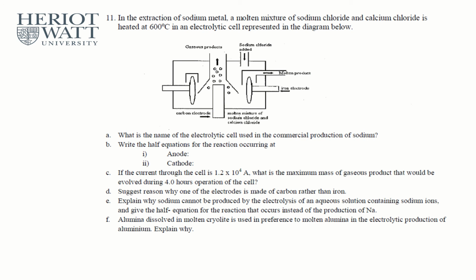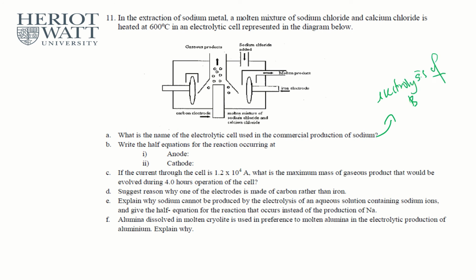Okay, 11. In the extraction of sodium metal, you're trying to extract metal, sodium. A molten mixture of sodium chloride and calcium chloride is heated to 600, and the diagram shows how it works. What is the name of the electrolytic cell used in the commercial production of sodium? It is actually the same thing, electrolysis